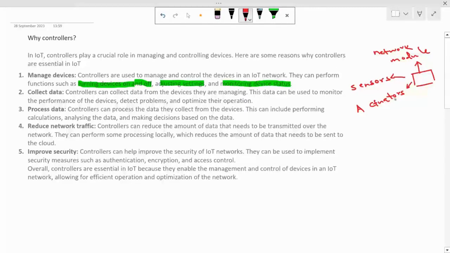For example, the sensor is sending some data, so we can write logic in a controller in such a way that, if the sensor stops sending the data, the other actuator, maybe an alarm or something, rings. All these functionalities are possible due to the controller.